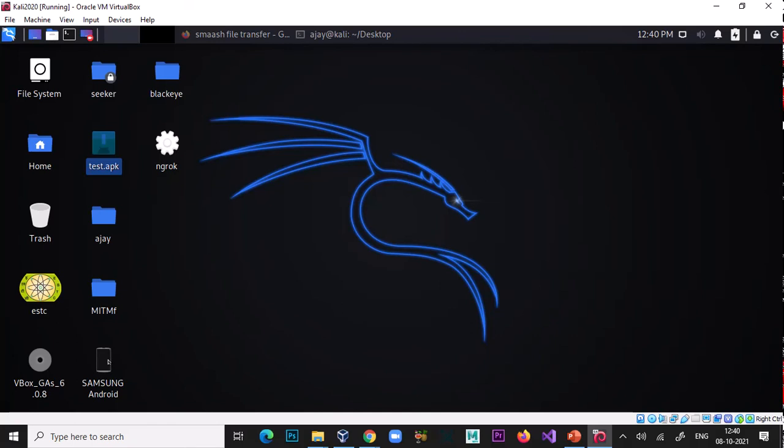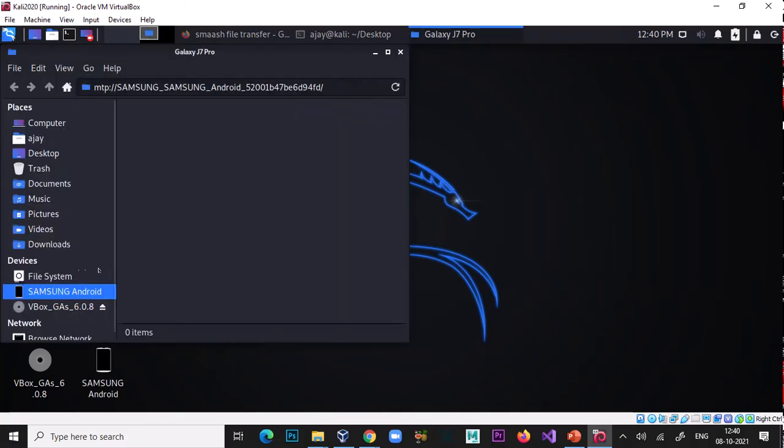If I click to access, it's not showing the file type. Otherwise, I directly copy that APK file into the file system of the phone.